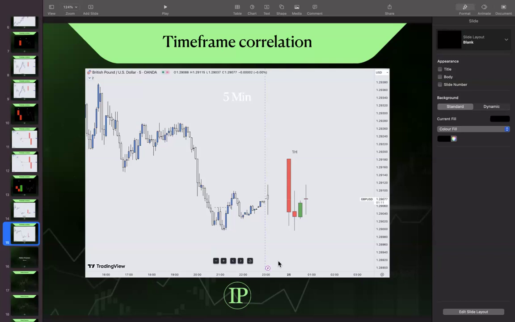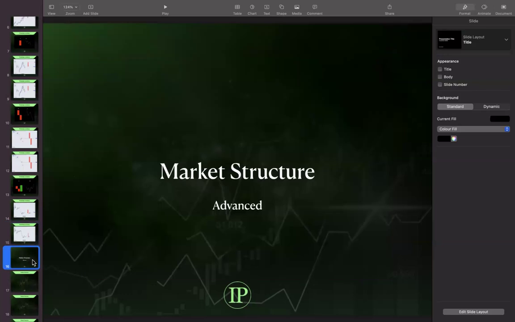So I showed you market structure and the basics or the foundation of market structure in the previous session, okay? So this is just taking that now to the next level of understanding. So let's dive into some more market structure techniques, or let's just go deeper into market structure. So if we look at advanced